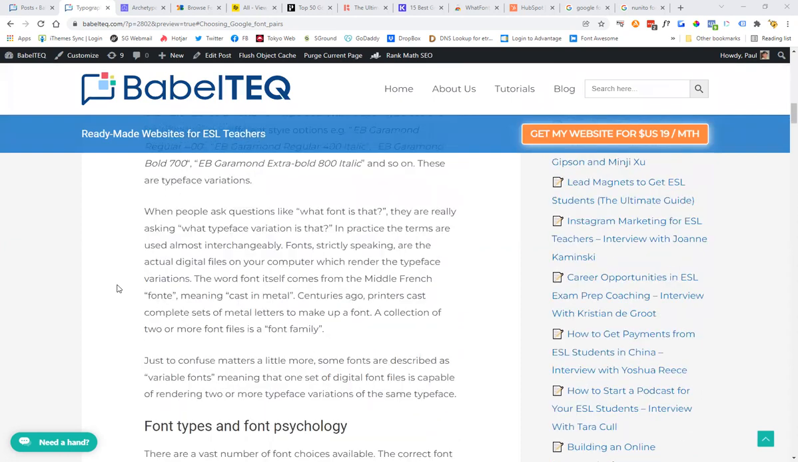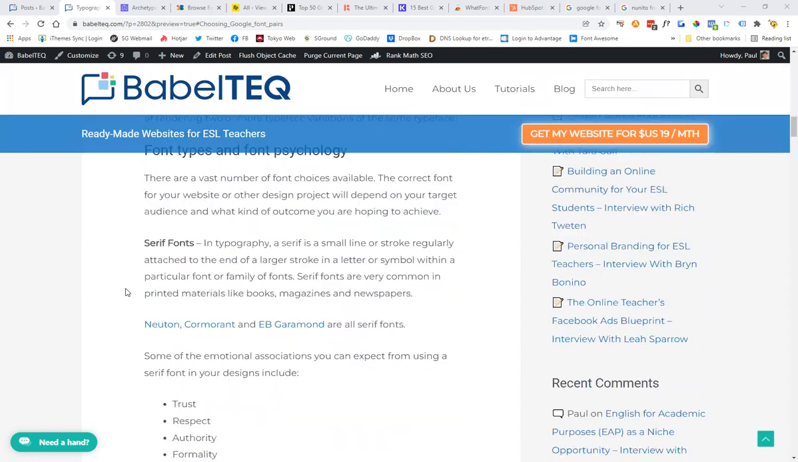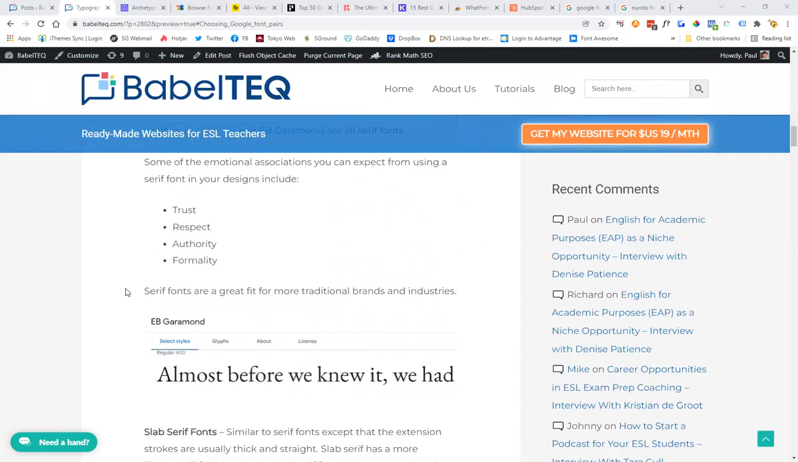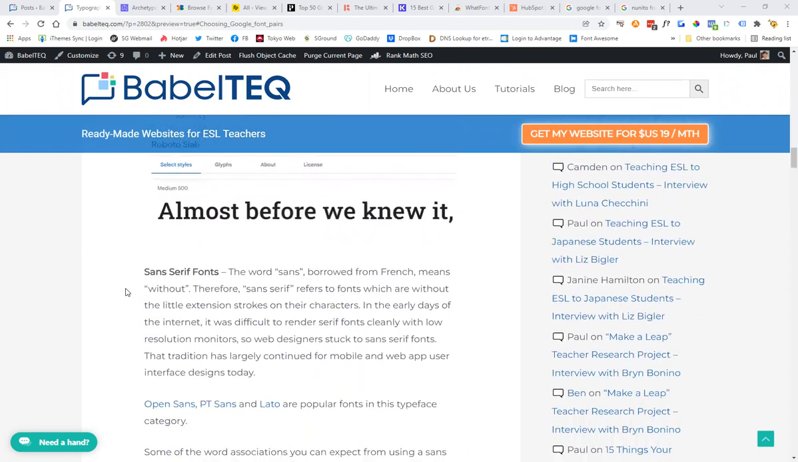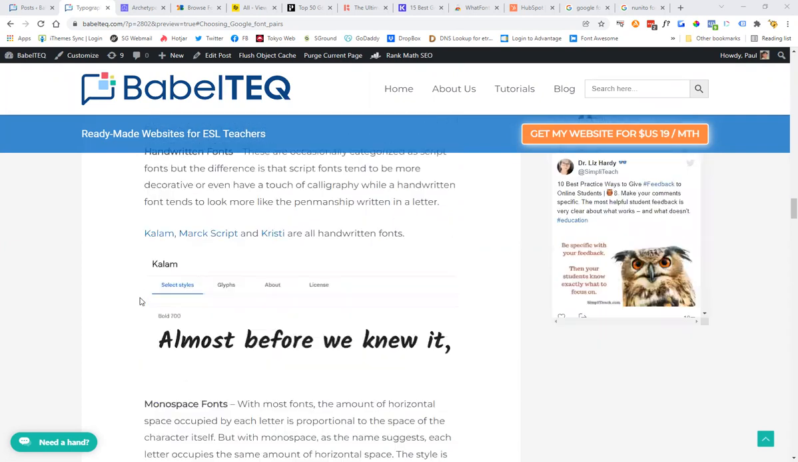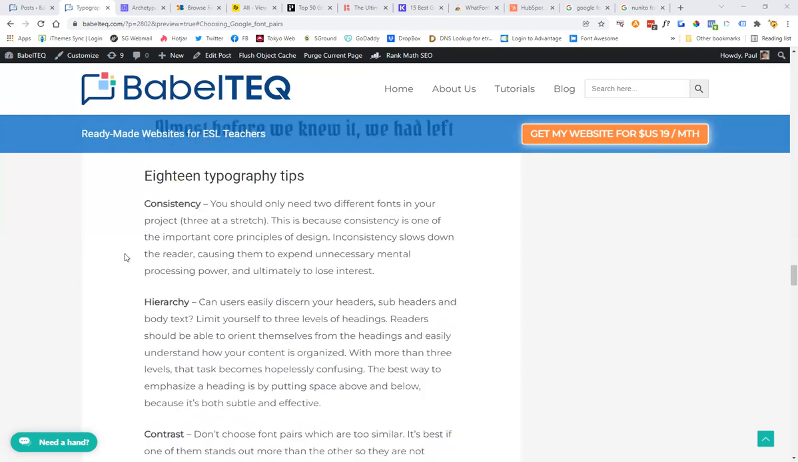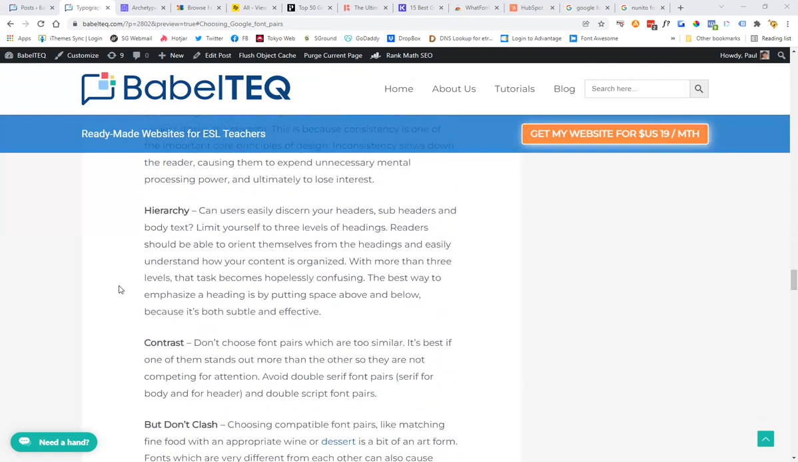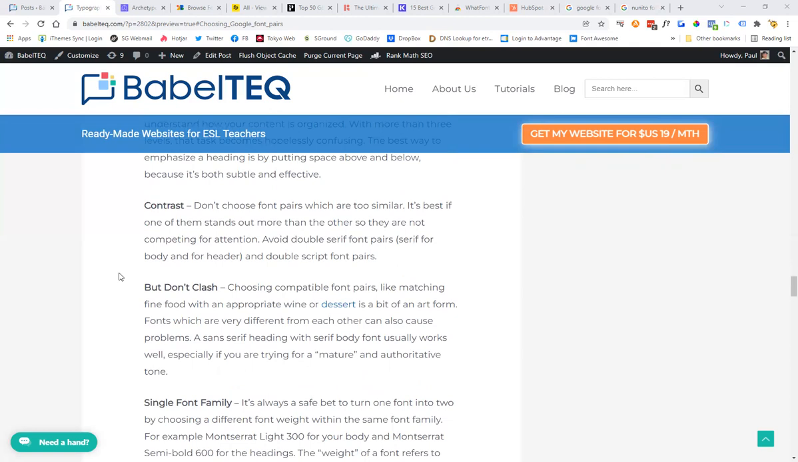I talk here about some vocabulary related to typography terms, and I've covered different general categories of fonts, like serif fonts, sans serif, etc. So you can take a look at all that, and also there are some tips in here for using typography. A couple of important tips which I've added are these two, which is when we're picking fonts,